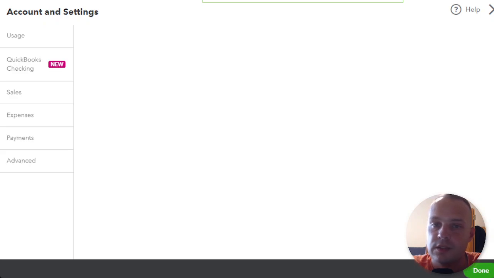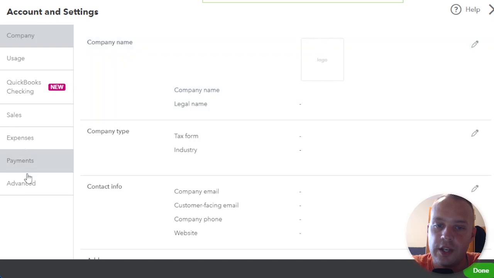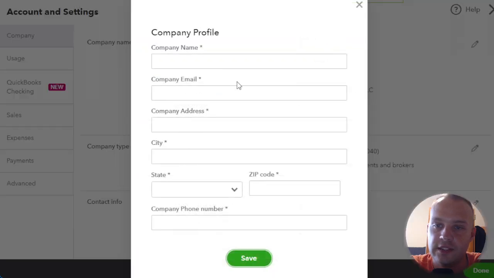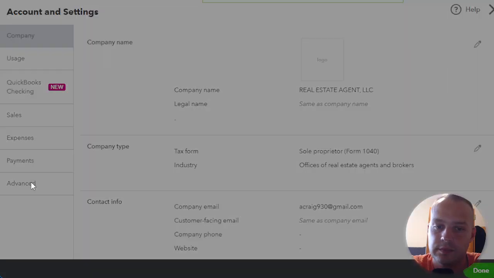As soon as that loads, go to the Advanced section. I'm looking at a blank profile, but under your advanced settings, you can change from accrual to cash accounting.